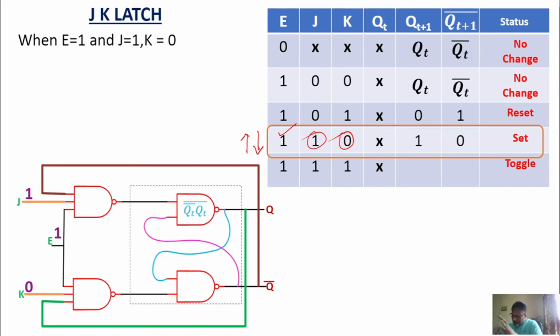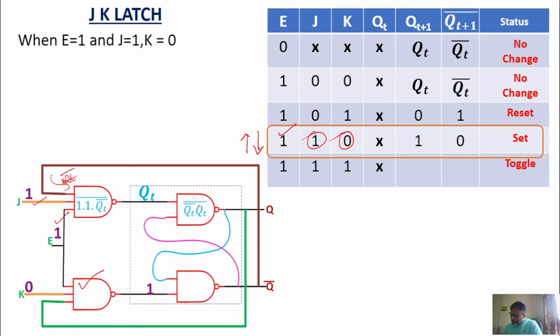Now see here. One of the inputs to this NAND gate is 0, right? So the output will definitely be 1 here. What is the output here? The output at this point is 1 into 1 and Qt bar. This is Qt bar. What is coming here is Qt bar. So 1 into Qt bar, whole bar. So what is going to come here is Qt.